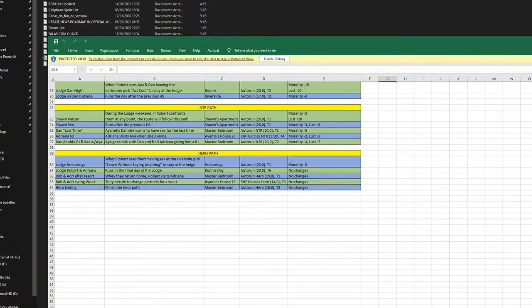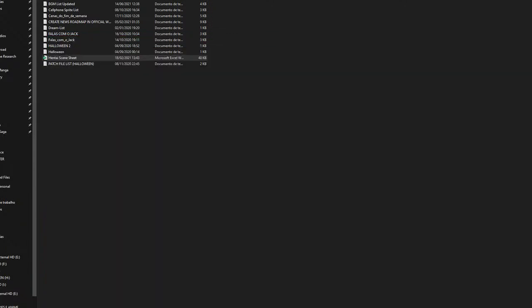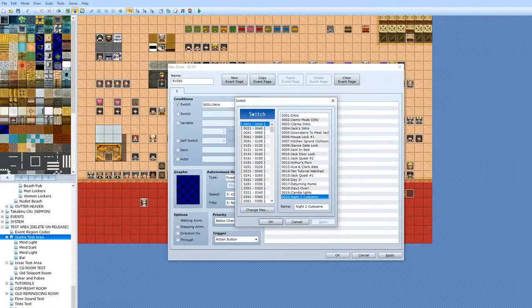So, like I said in the beginning of our tutorial, it's really important that you keep tab of everything, that you track everything. Track the switches, track the variables, the audio. Make sure that if you have to access something in your game at any given point, you